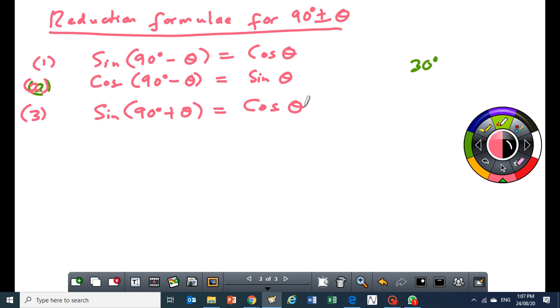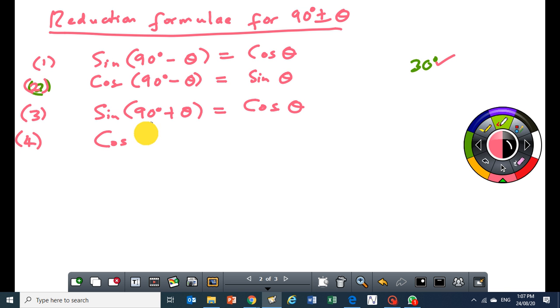Where there is theta, put 30 degrees. Do that, please. It's better you do it so that you can see. Where is your calculator? I need to take it out. So you get the same answer. Right? Then number 4,